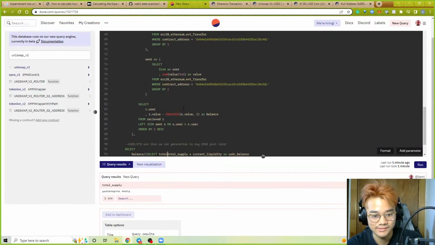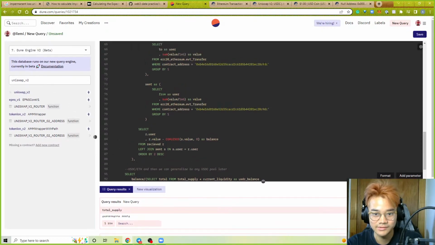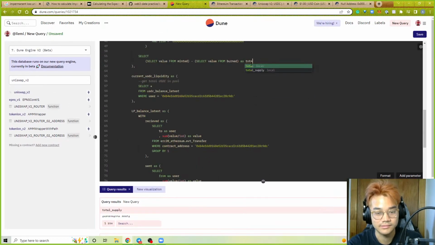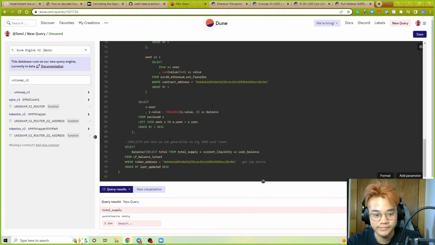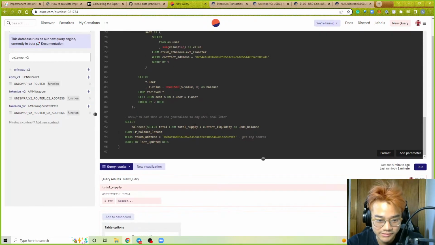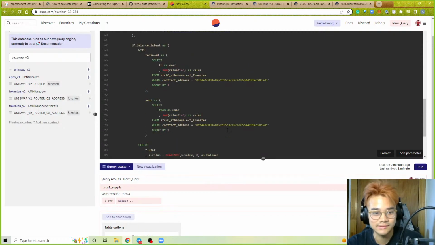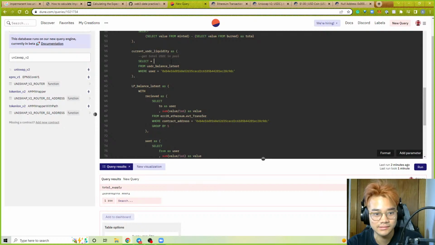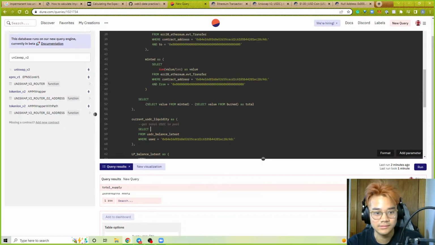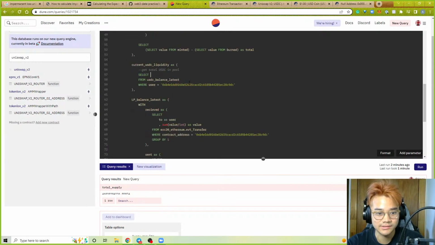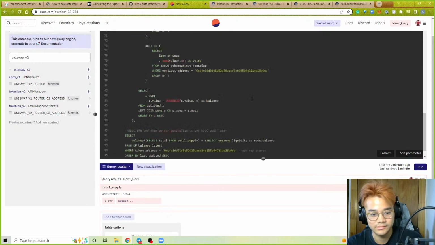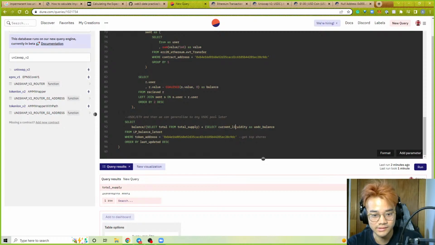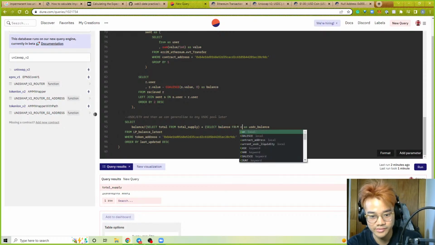Total from. So we're getting the total that they own from total supply, and we're multiplying it by select. What do I call it? Select balance. So select balance from current